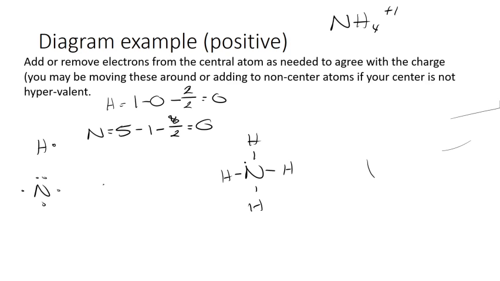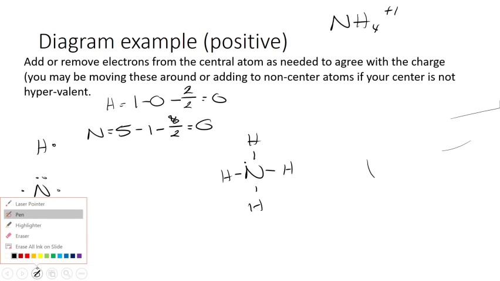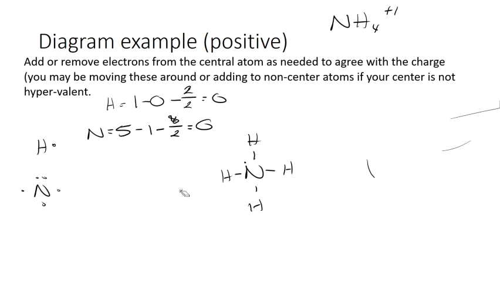Nitrogen is not hypervalent. You cannot have this as a situation, on top of the fact that you should never have 1 electron hanging out on its own. That's a radical. We don't want that. So we have to remove an electron. So we remove that electron from around nitrogen,